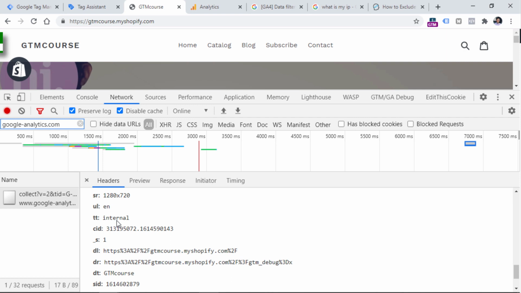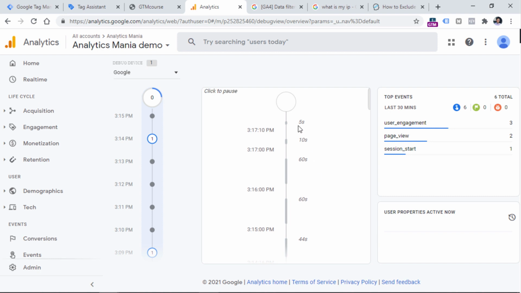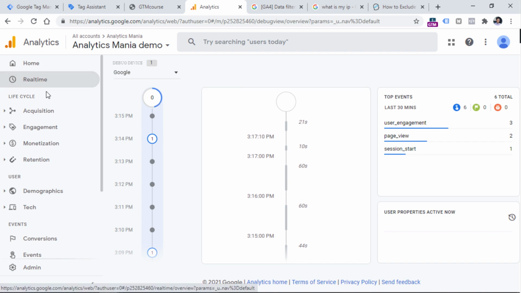Because we are no longer in the preview and debug mode of Google Tag Manager, therefore our lookup table returns the value undefined, or in other words, that undefined does not interfere with the automatic internal traffic detection by Google Analytics 4. So this is the result that you should expect. And right now, if I go to Google Analytics debug view, you will not see any recent events coming from me right here, because right now my hits are sent with the traffic type internal, and also I will not be able to see myself in other reports, including real time.